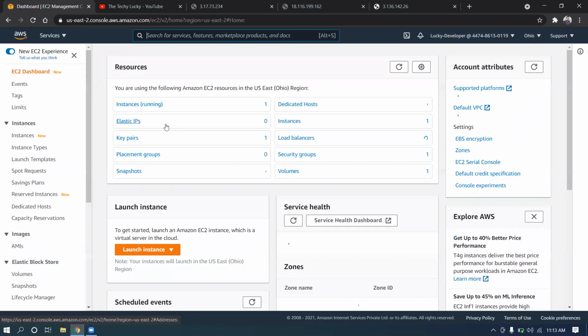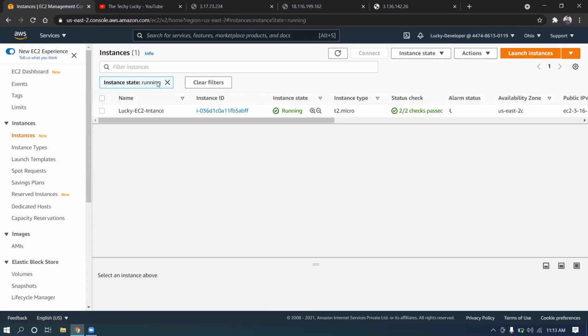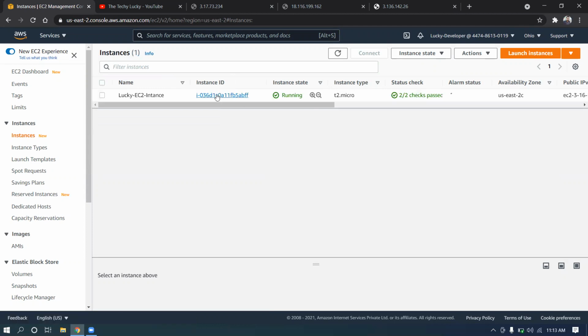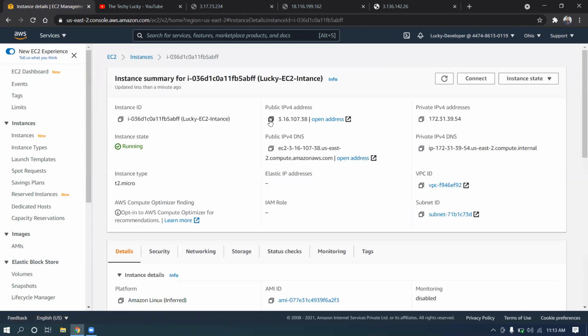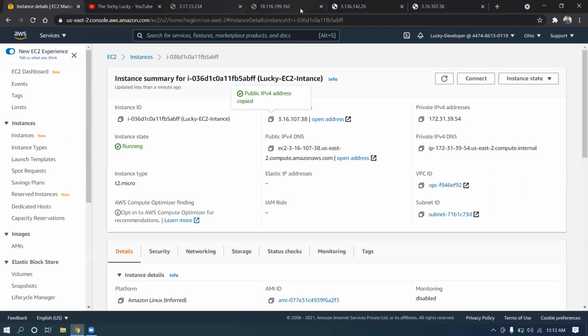Let's see, my instance is up and running now. Yes, it's 2 by 2. I need to check using the public IP address, and again the public IP address has been changed. Again I'm going to hit the URL, and you can see my URL is properly up and running. So in this way, I have shown you that 4 different public IP addresses were assigned to my EC2 instance while doing the practical, to give you visibility about how public IP addresses change, and you can make it fixed by applying an Elastic IP.